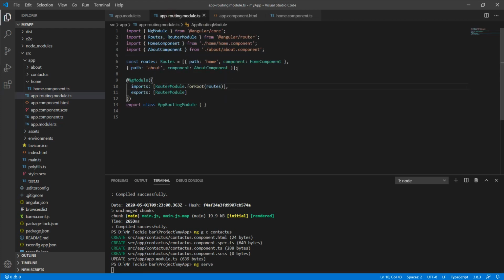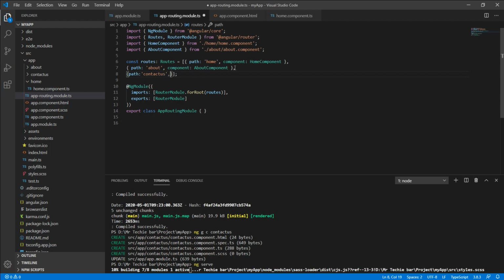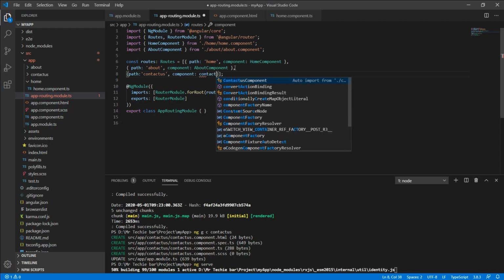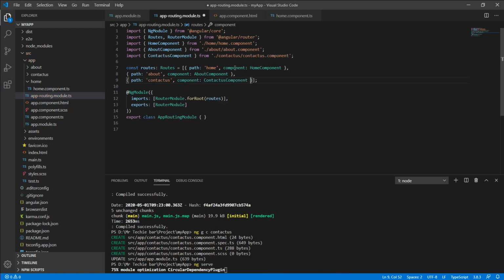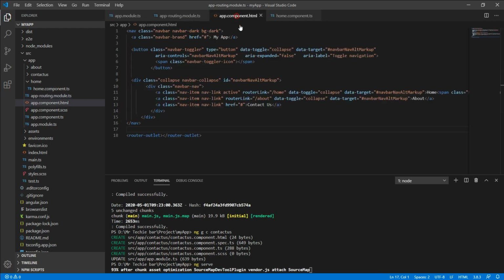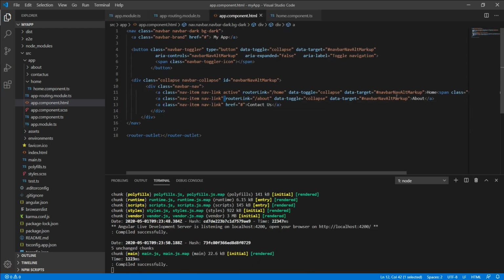So again on the routing page you need to add for contact us, so the path will be contact us, and the component will be contact us component. Okay, and in the last we just have to add this router link.